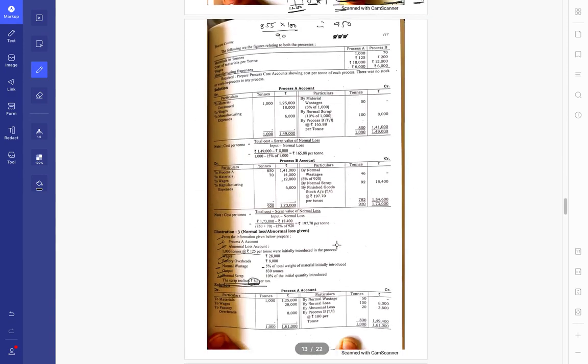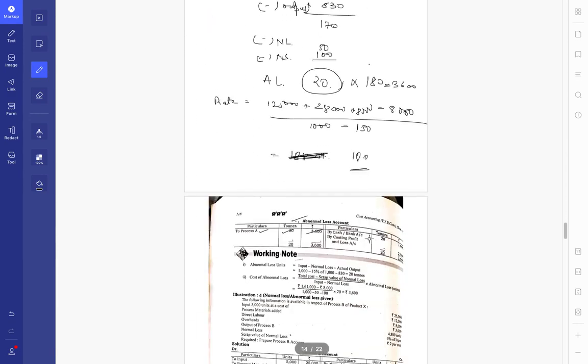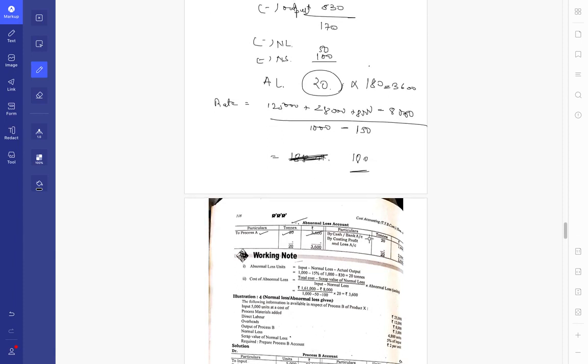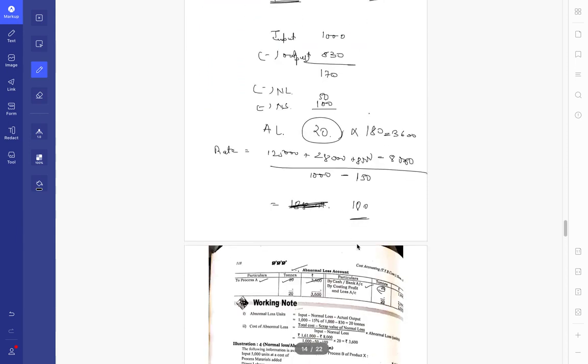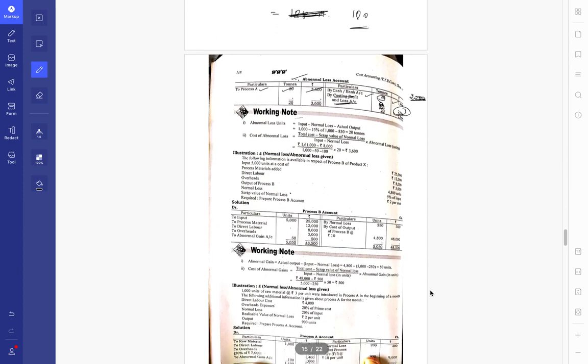Now it is given to us that these were sold. Were they? The question is, these were sold or not? Simple, it is to be assumed that they were sold. How much? All of it, 20 tons. At what rate? At the normal scrap rate, 80 per ton. That would give us 1,600. And the balancing figure goes to costing P&L. How many tons? 0. Tons wise 0, but the loss of 2,000 rupees which we have to take a hit for.